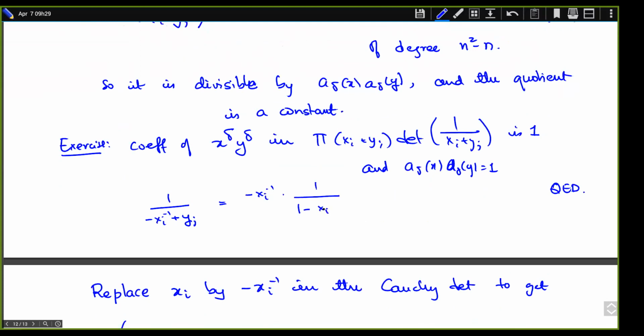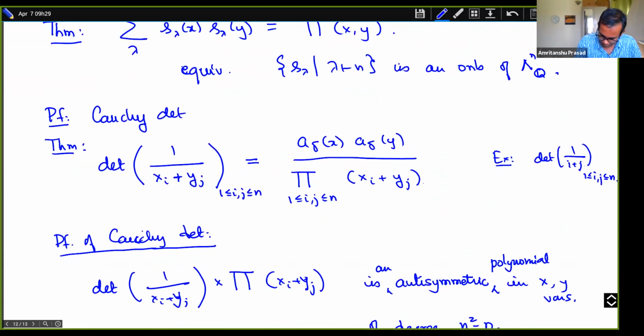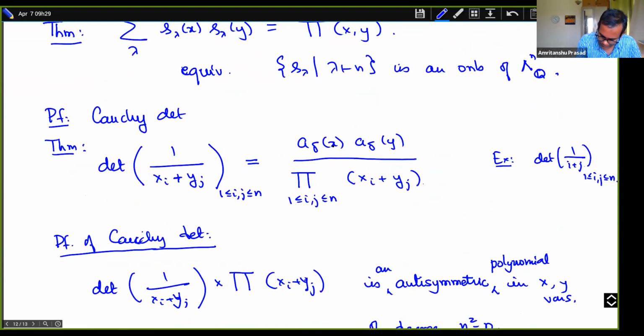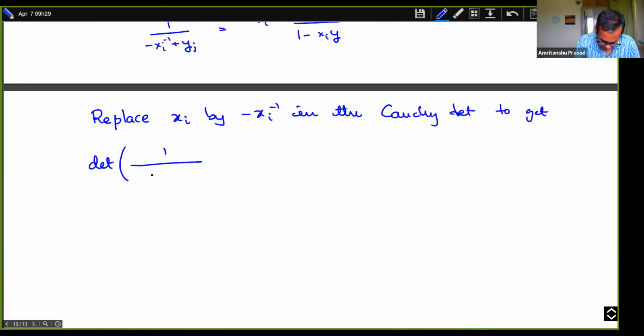By minus xi. Yeah, so not xi inverse. I get 1 minus xi. And on the right hand side also, I will be doing similar things, but here I would get xi inverses, and then you have to check that everything works out. So what you get is 1 over 1 minus xi yj, and still you will have here a delta x, a delta y,